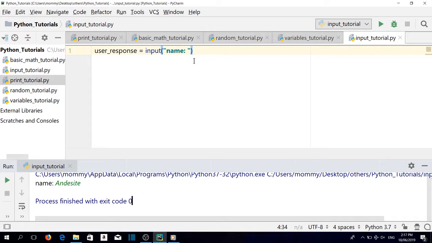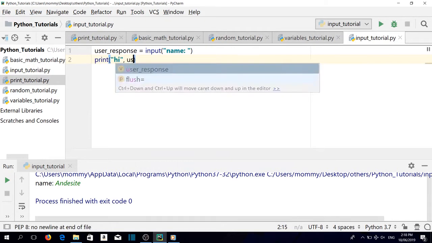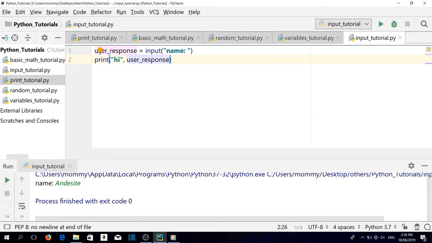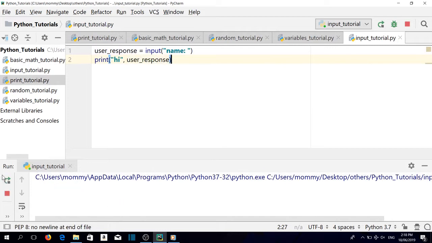We can use the user response like any other variable. So at the end, press enter, and let's print "Hi, " then, outside the double quotes, user_response. Then let's run it,